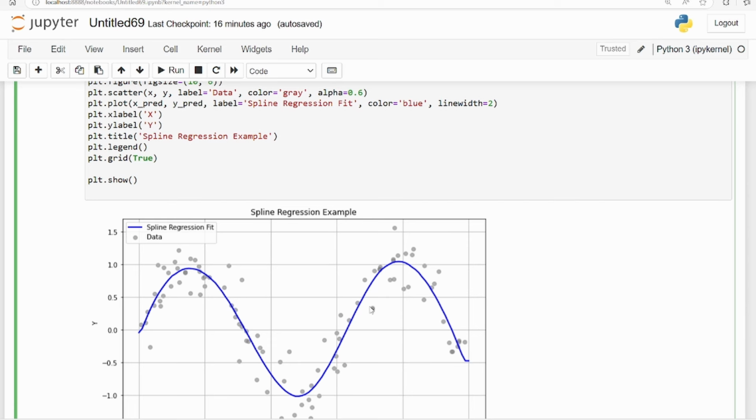Alright, that's about spline regression in brief. I haven't gone through the mathematics behind it, but if you have ever done kernel density, fit a kernel, it's very similar to that. It's more like local regression. There is also something called local regression, and the mathematics is very similar to that. Again, it's just about